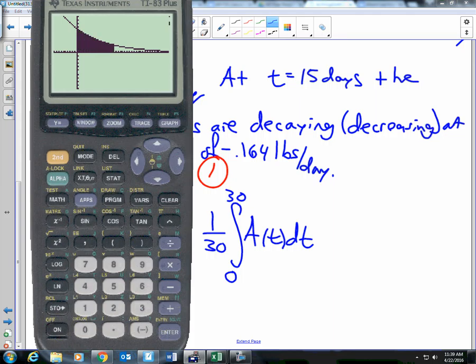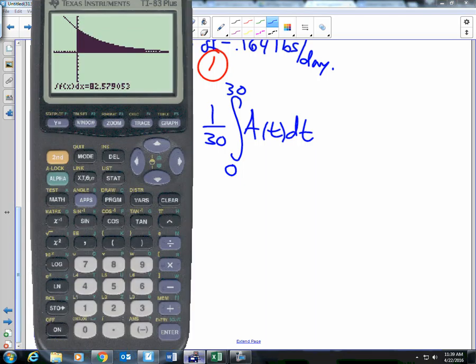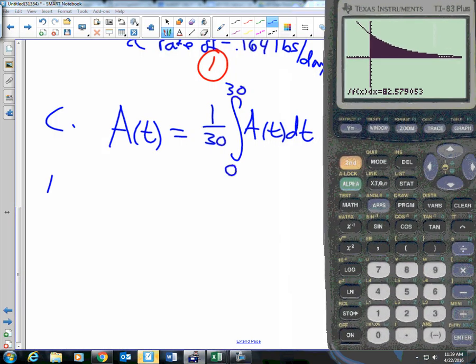Very good. At the very end, I'll choose to multiply by 1 over 30. So I'm going to take this, got to move it to the side right there. So where A of t is equal to 1 over 30 times